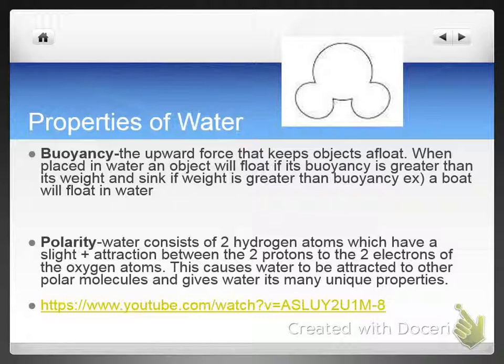Polarity is about the structure of the water molecule, and polarity is what gives water its uniqueness. The hydrogen atoms have a slight positive attraction, and the oxygen has a negative attraction, and that attraction between the positive and the negative is what gives water its uniqueness. The oxygen molecule is larger than the hydrogen, so the negative pull is a little bit stronger than the positive pull. And so water is still attracted to other molecules